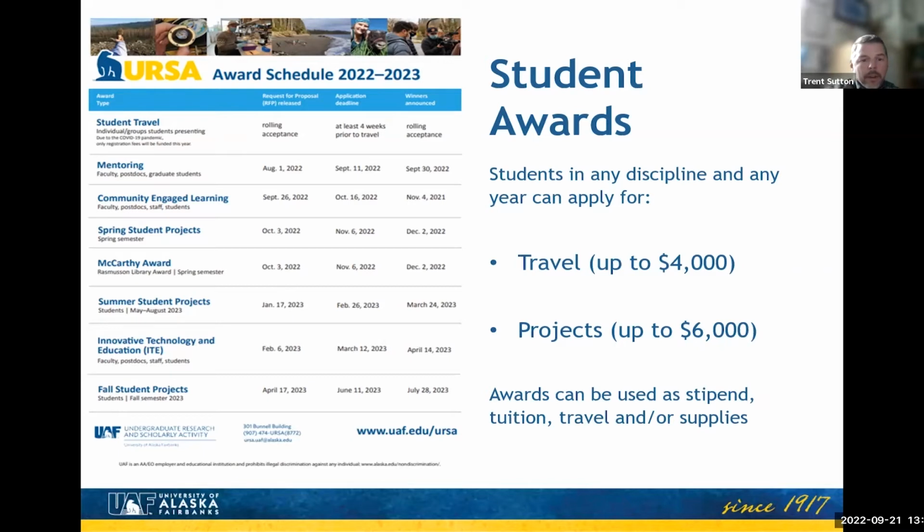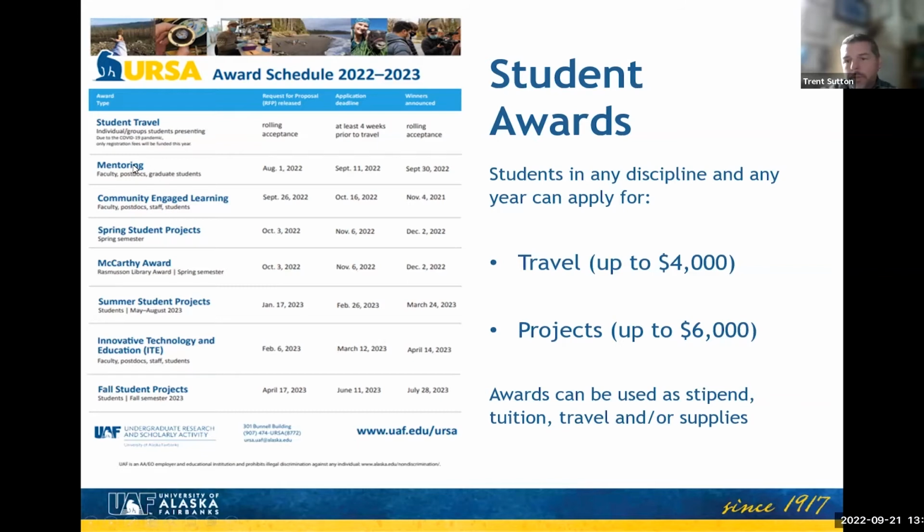And then we've got another one, which is the summer project awards. Those aren't even going to come out until January, so they're during the beginning of the spring semester, and they'll be due a little bit later in February, and then we'll make those announcements on March 24th, and that'll be for the summer, and that's the entire summer. In that case, there are other project type awards we'll have, and I'll talk about these here in a second.